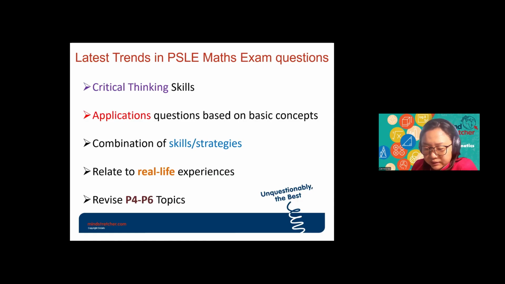That's why I mentioned earlier the first one, critical thinking skill. Don't just memorize the steps, right? You need to understand the rationale behind each step so that when they tweak it, sometimes you don't start from step 1 because it may be that step 1 has already been answered in part A. Then you need to start from step 2. So this is what happens if you understand the rationale behind every step, then you will know how to tweak to solve.